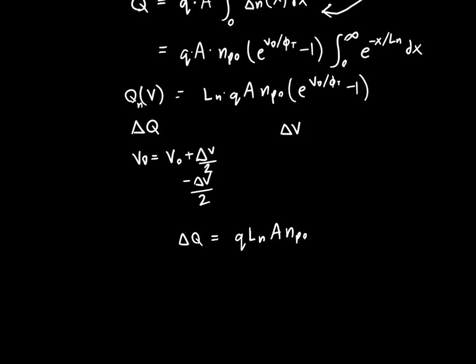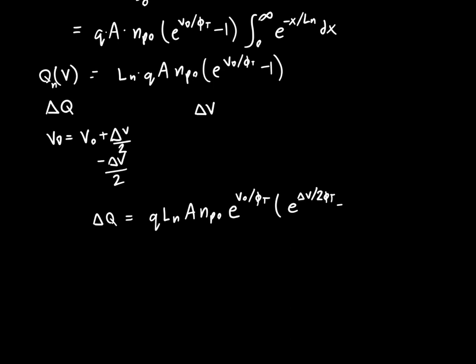And we've also got this constant term out front, e to the V naught over the thermal voltage, which gets factored out of all the subtracted expressions. If you do all the math, you'll find this to be true. Times e to the delta V over 2 phi t, minus